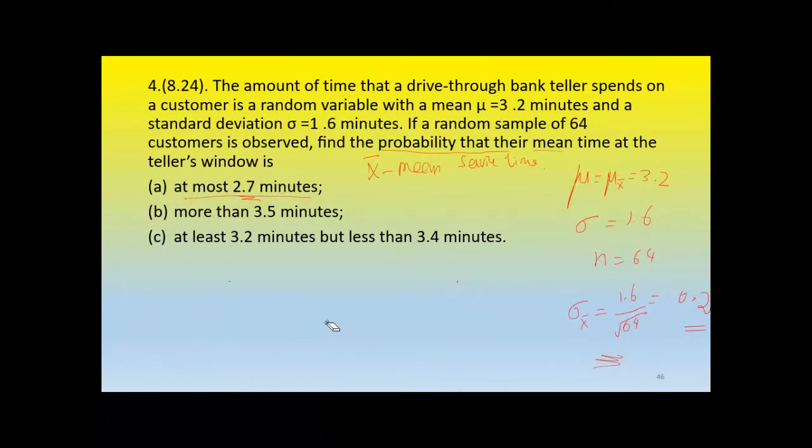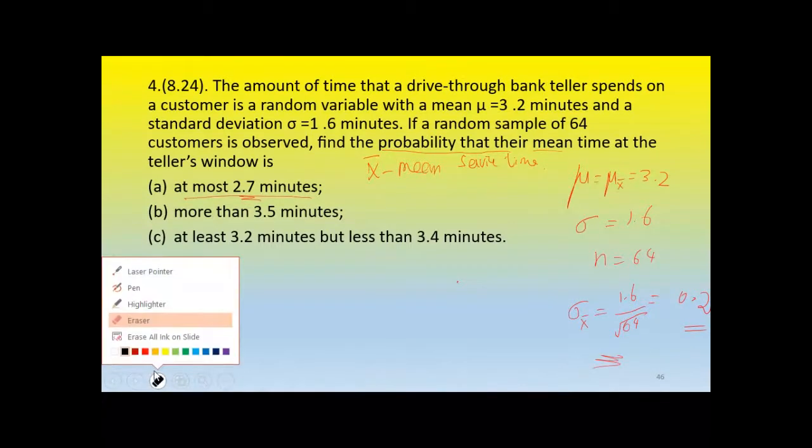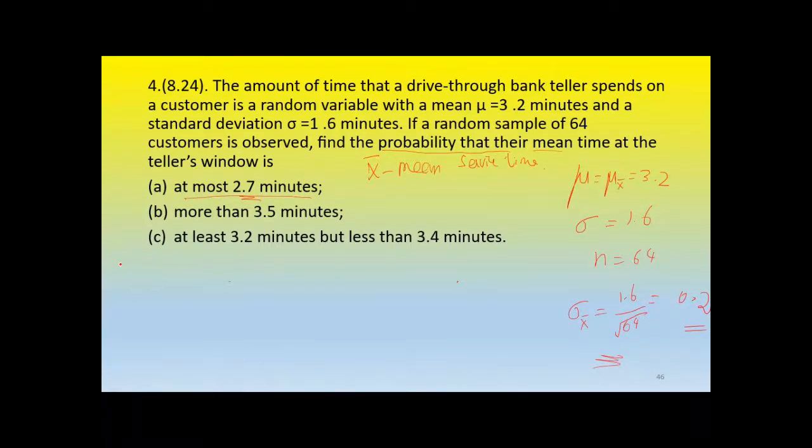Okay, let us address part C. It must be between two values, isn't it? So at least, the minimum is 3.2 and less than the maximum 3.4. So x bar, the mean, lies between these two points, 3.2 less than x bar less than 3.4. So we want two different z values. Z1 for the upper value 3.4, we will find